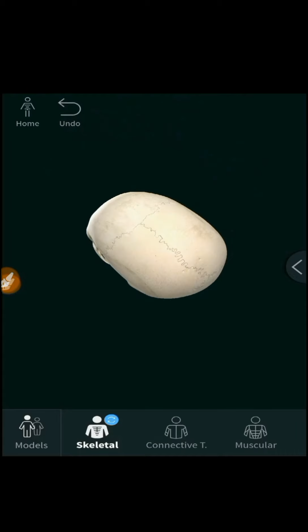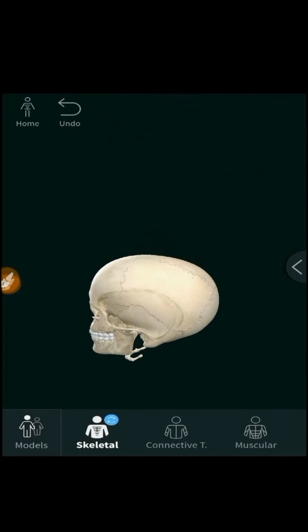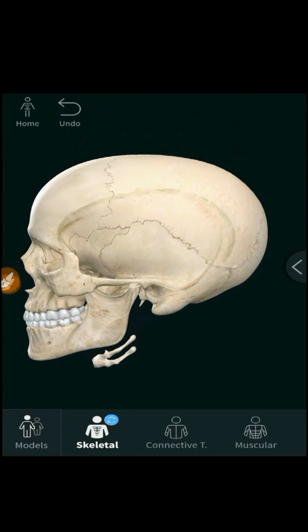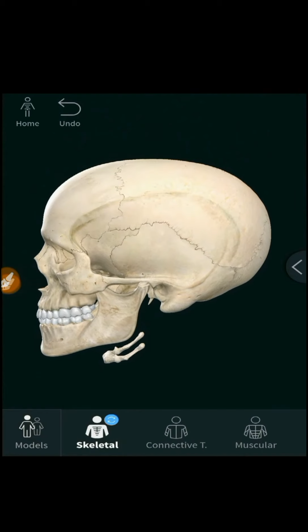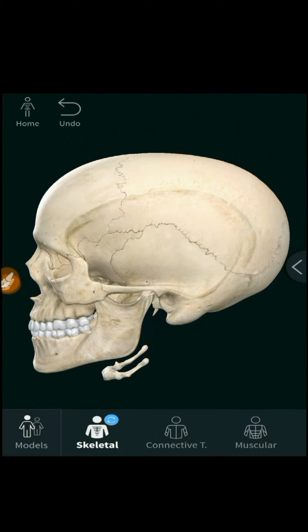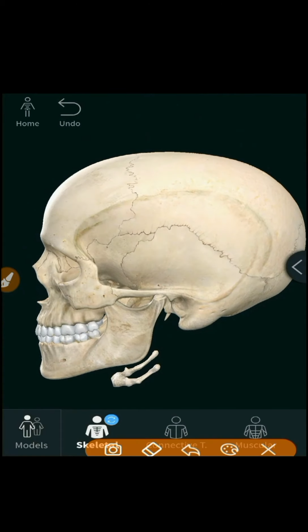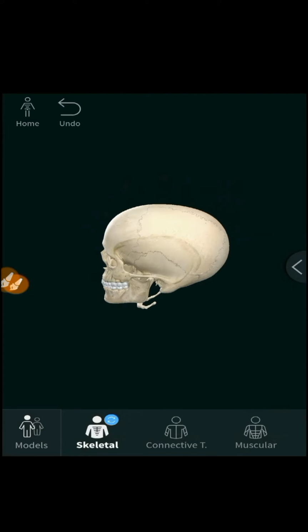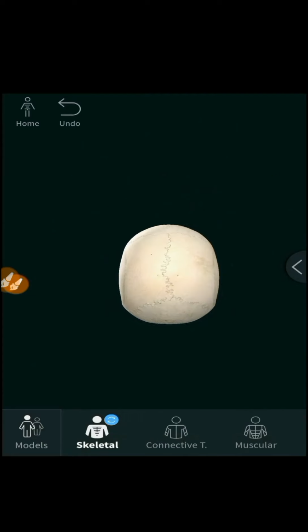So when you view this norma verticalis from the lateral side, or you are viewing the top of the skull from the lateral side, you will see the highest point there. As we already know, highest point is called vertex. Highest point on the skull on sagittal suture or in the midline, we call it vertex. I told you this vertex is very important in measurements of fetal skull diameters, to see whether the fetus can pass through the vaginal canal or birth canal or not.